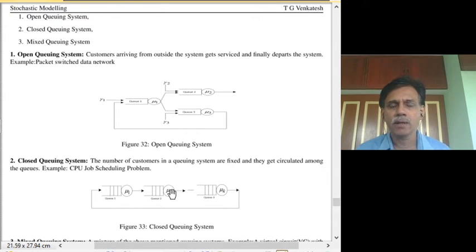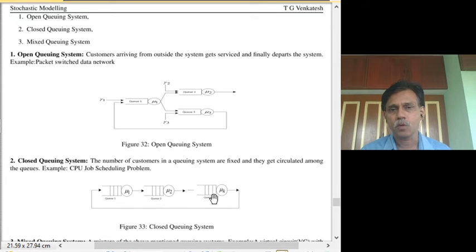For example, if you look at a computing system, there may be many background processes. Some process, like a printer daemon, will just look if there is a job for printing; if so, it will do the job and then go to the background. Similarly, some job does the memory management, a job does the scheduling, some does the garbage collection, and so on. These are all background processes which should always be running, in the sense not actively in the CPU, but in the